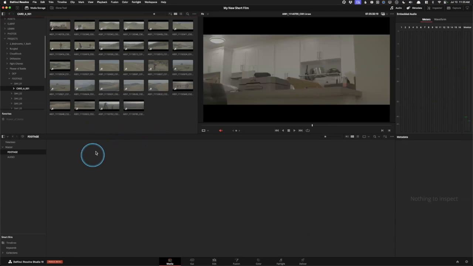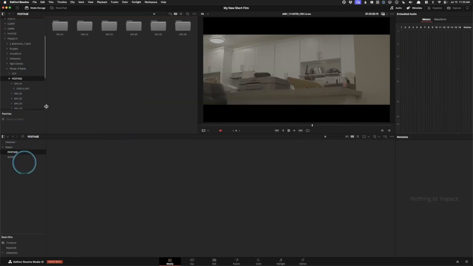I know we've spent a lot of time on the media here, and we'll go through the rest a little faster, but it is important to bring your files in and get those to match. The way that I tend to do things, which speeds things up a little, is I could drag all of these files from a folder into my media area right here. But because I have things organized with these subfolders, I can preserve that folder structure if, let me delete these bins that I made earlier. So I'm just going to click on footage, and I'm going to drag it not into this area over here, but over to the left, over where it says master,